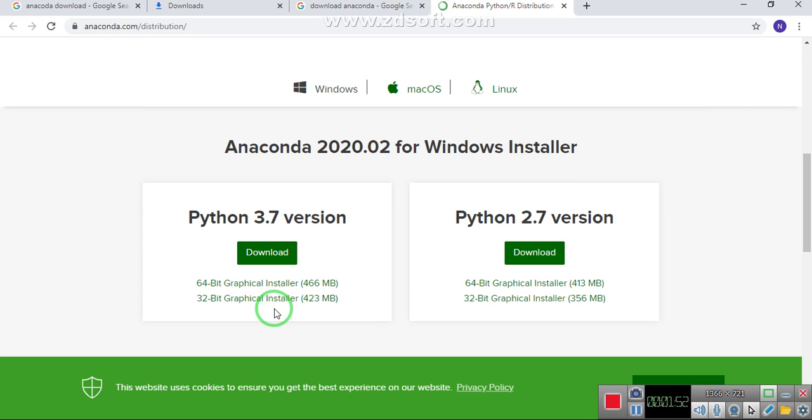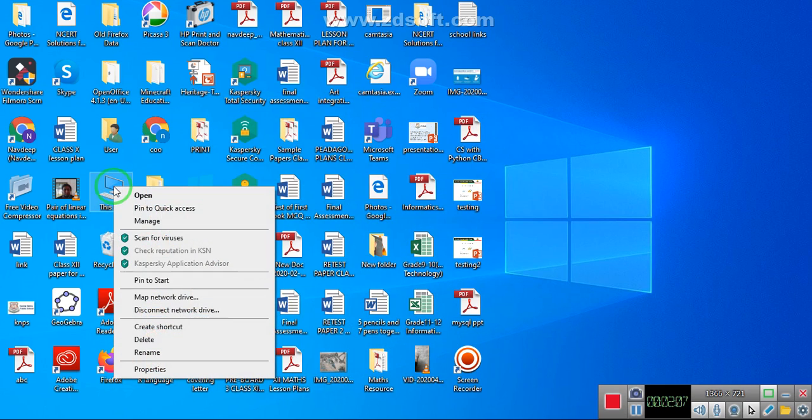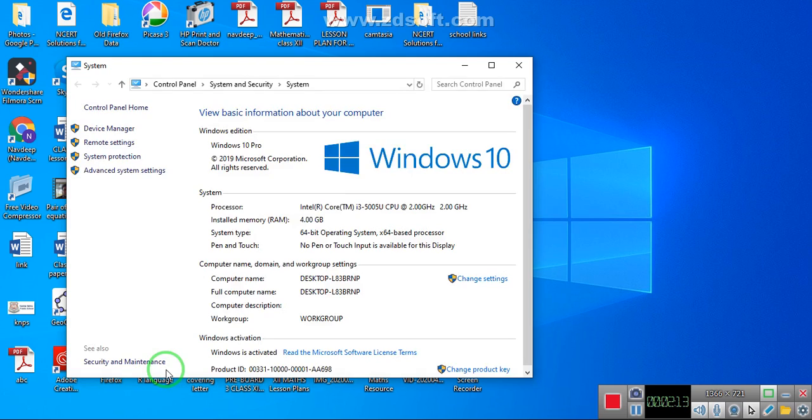Now the question arises, how are we going to check whether my system is 64-bit or 32-bit? For this, go to your My Computer option, like this This PC, right click here and then go to Properties.